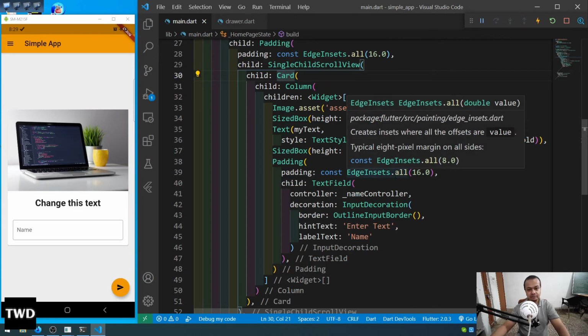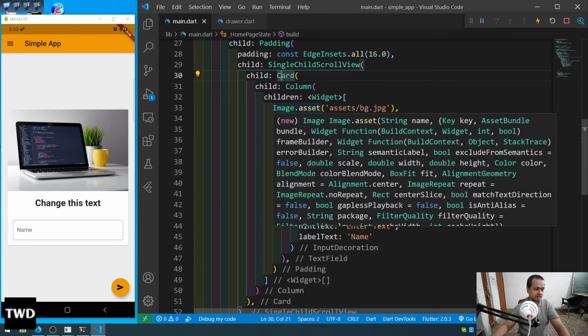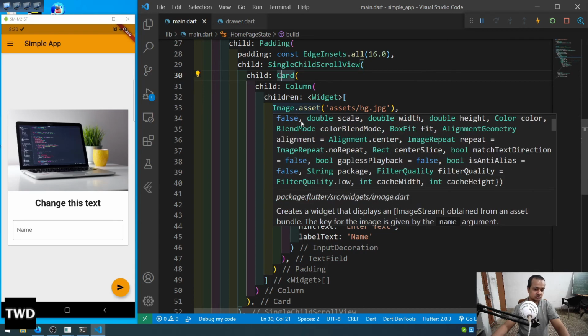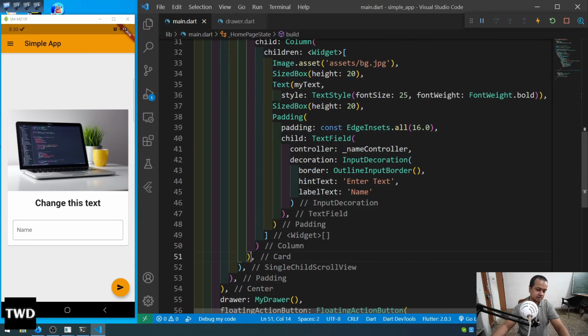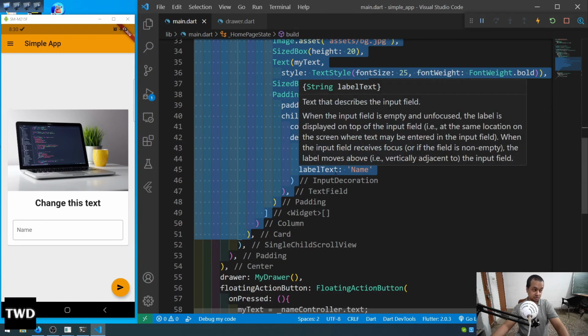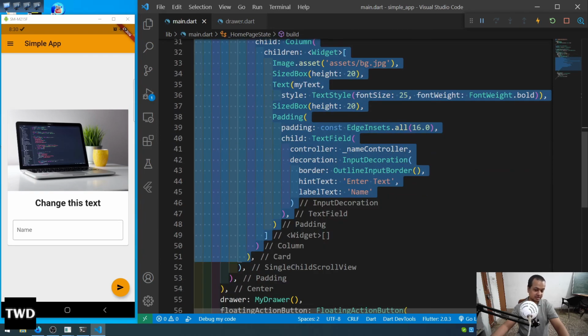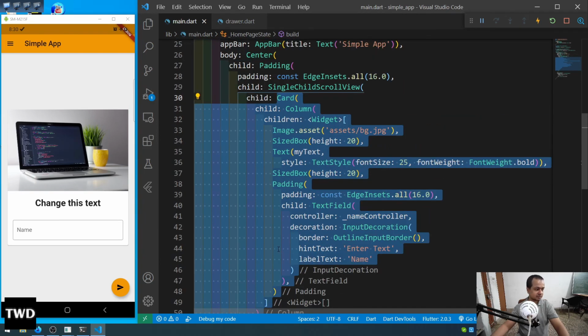So here again we have to take help from VS Code, the bulb thing. I cannot click on the card now. I have to select the card, completely. Card is from here till here. So I have to select it, not click it, and after selecting the correct thing, these brackets are very important, I have to do a